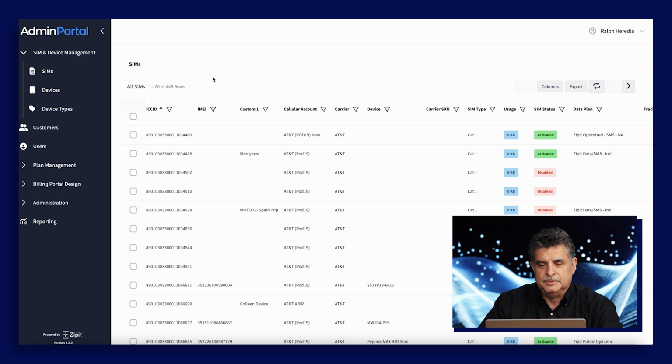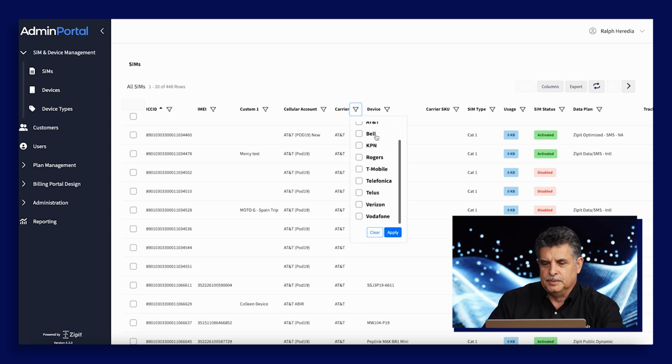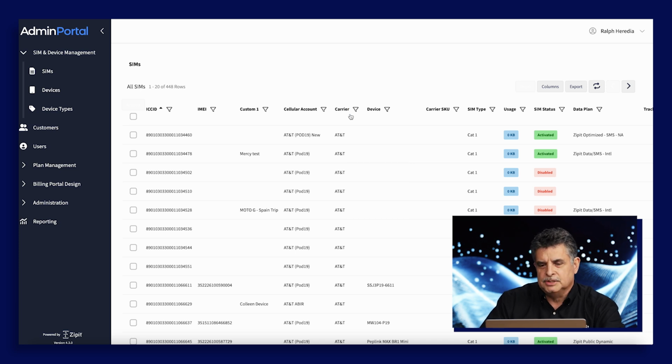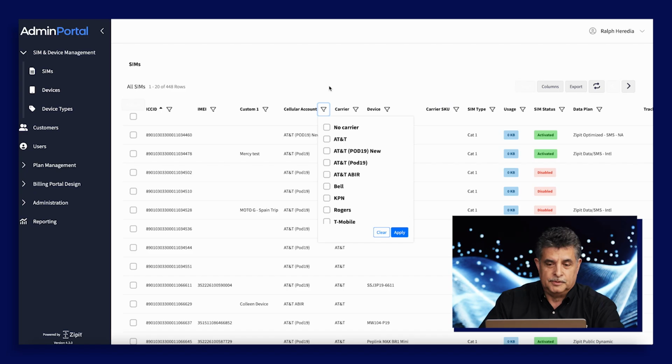So let's dive into the SIM management aspect. As you can see, we're directly interfacing with all the tier 1 carriers we have direct relationships with. The challenge with dealing with the carriers is that you also have to interface with the back-end systems that they've enabled for the different types of technologies that they offer. So for example, with AT&T, you may be connected to their IoT platform. It's not just that we're connected to AT&T and Verizon and T-Mobile and all the other carriers we have relationships with, but we're connected to the appropriate platform to give you the service that you need all in a single pane of glass. The other thing that we've done is we've made it very simple to activate and deactivate SIMs.